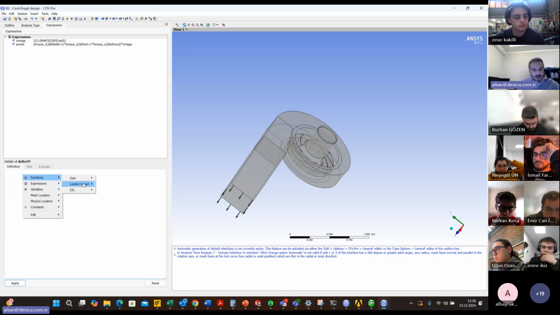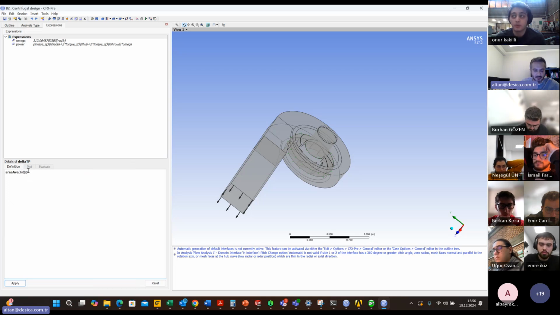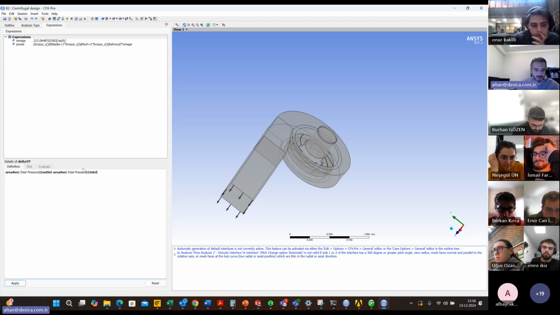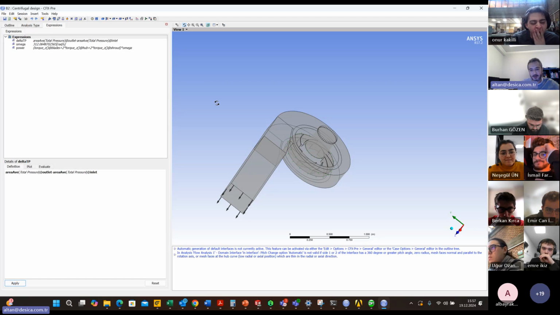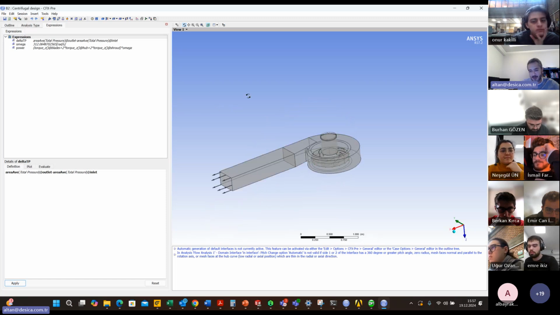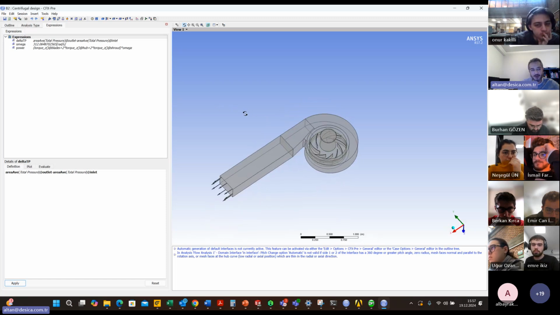Okay, function locator based area average total pressure at outlet minus total pressure at inlet. Since we already know the flow rate, since we defined it as a boundary condition, no need to monitor the flow